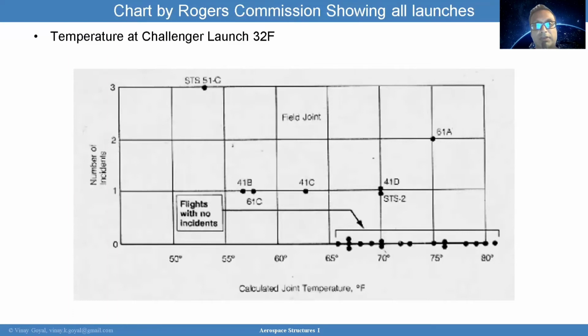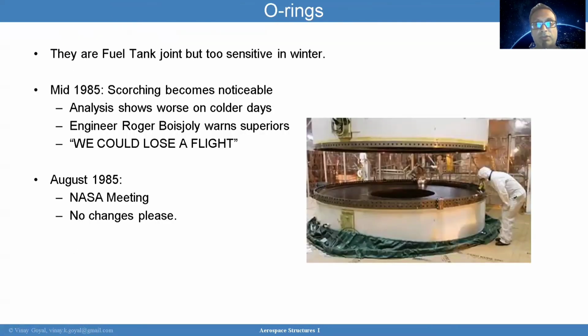Here you can see that the temperature for the Challenger launch was 32F, and so it's off the charts. All the flights with no incidents were out here. They had some incidents that did happen, but none of them caused a failure. So the 32F was a complete outlier, outside of any flight experience, and actually outside of testing. The O-rings are in the fuel tank joint,